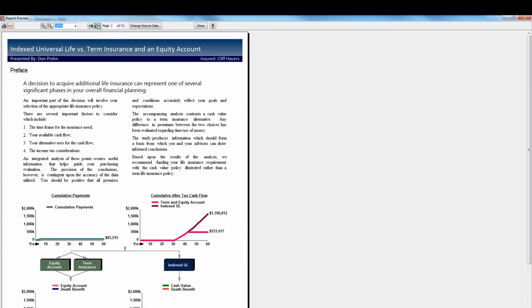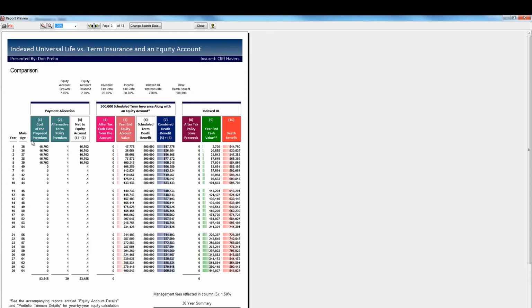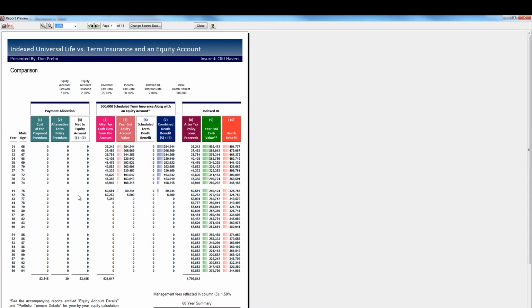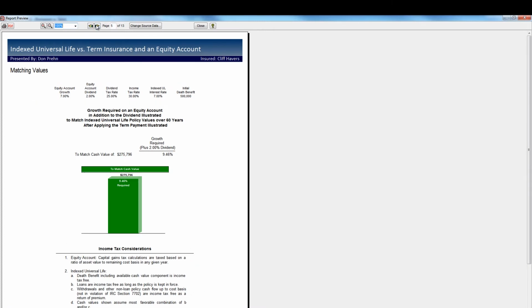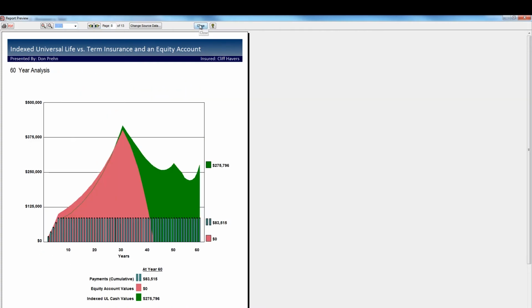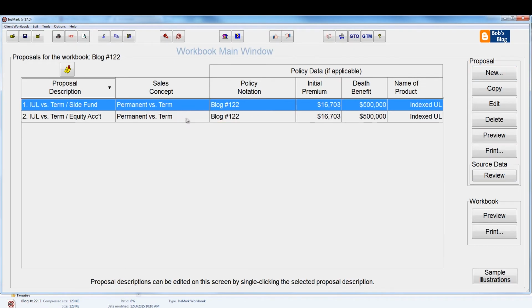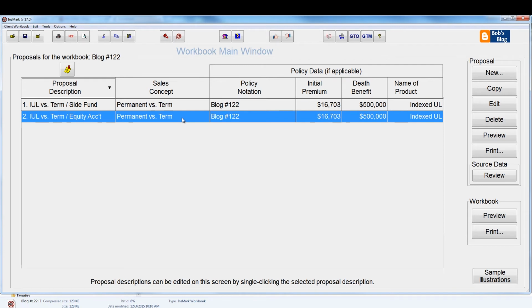Presentation again. If I click over here, I'm going to have my 5-pay premium, my equity fund. And it's clearly doing better out over 30 years, 400,000 versus 416, but I'll bet if we start taking income out, yep, the equity fund gets driven to zero by age 77, 76, and the index universal life is still going strong. So the idea is that with these workbook files, you can instantly see everything that we did in the InsMark illustration system or whichever InsMark software product, Wealthy and Wise or what have you, to create that presentation in that blog. So I'm just going to exit out of this